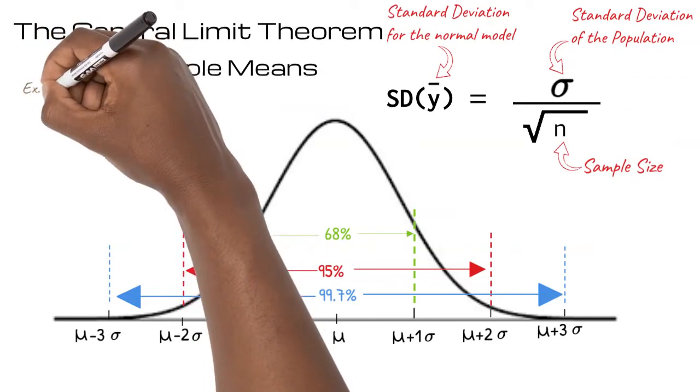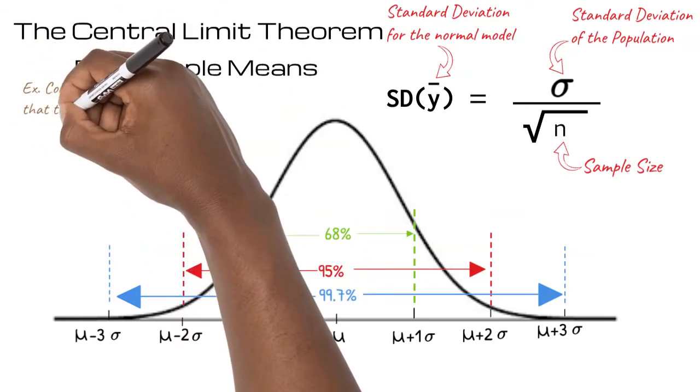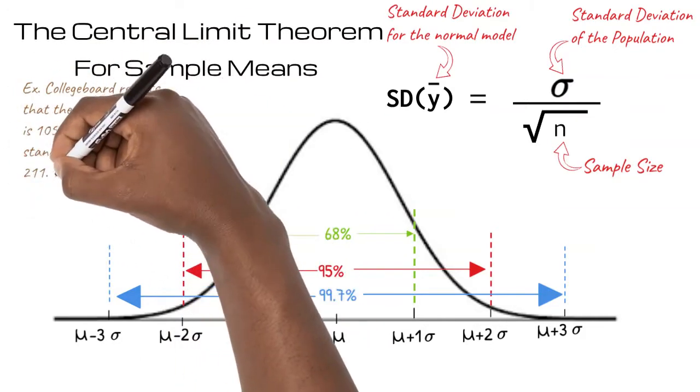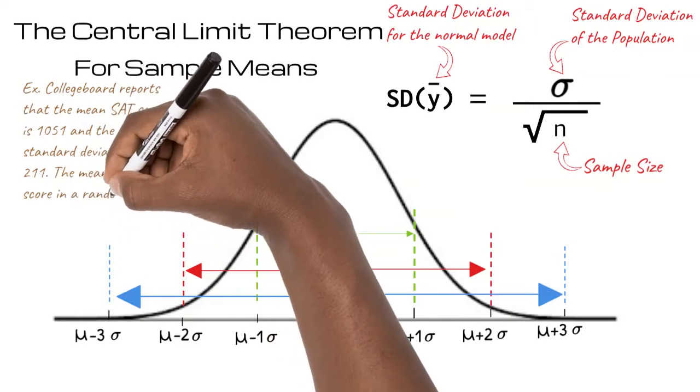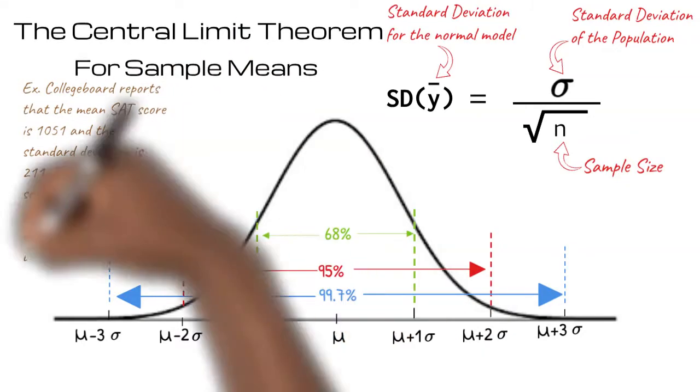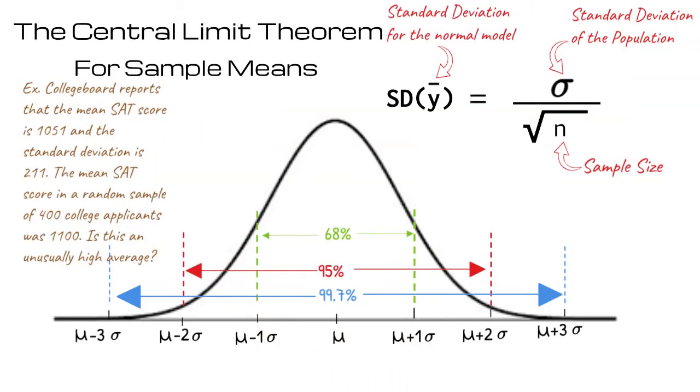So let's start. College Board reports that the mean SAT score is 1051 and the standard deviation is 211. The mean SAT score in a random sample of 400 college applicants was 1,100. Is this an unusually high average? We know that the sample was randomly collected, so assuming the sample is large enough, we can use a normal model. Our population mean is provided,